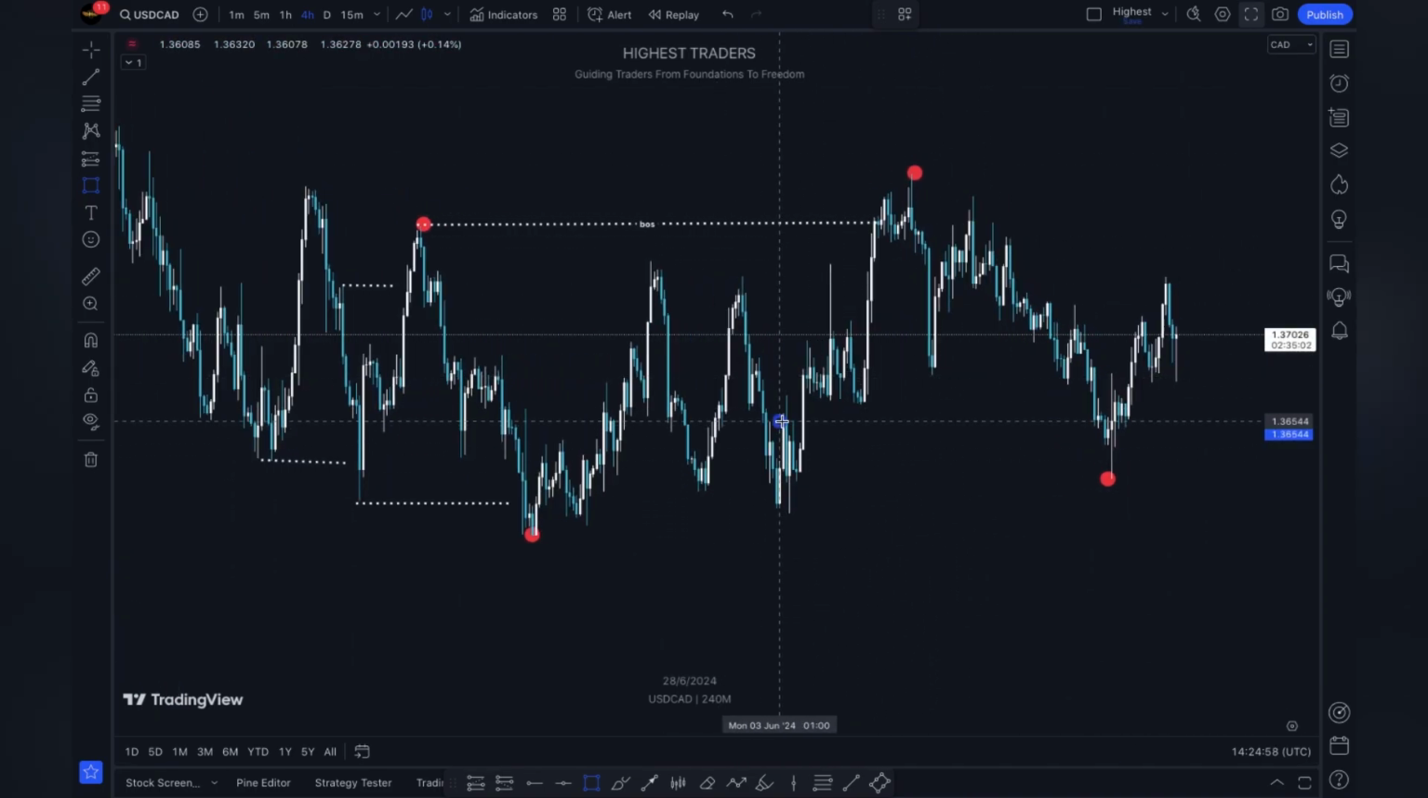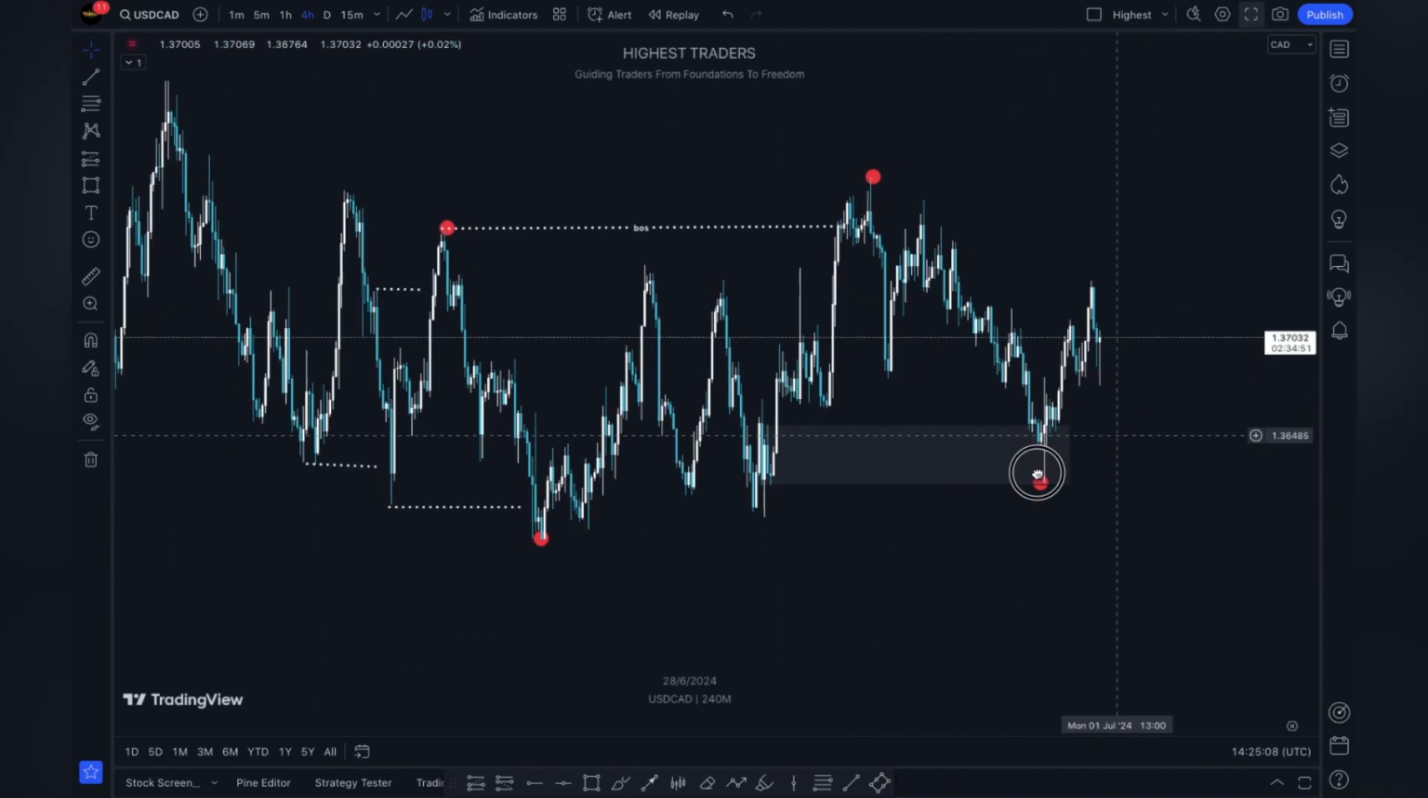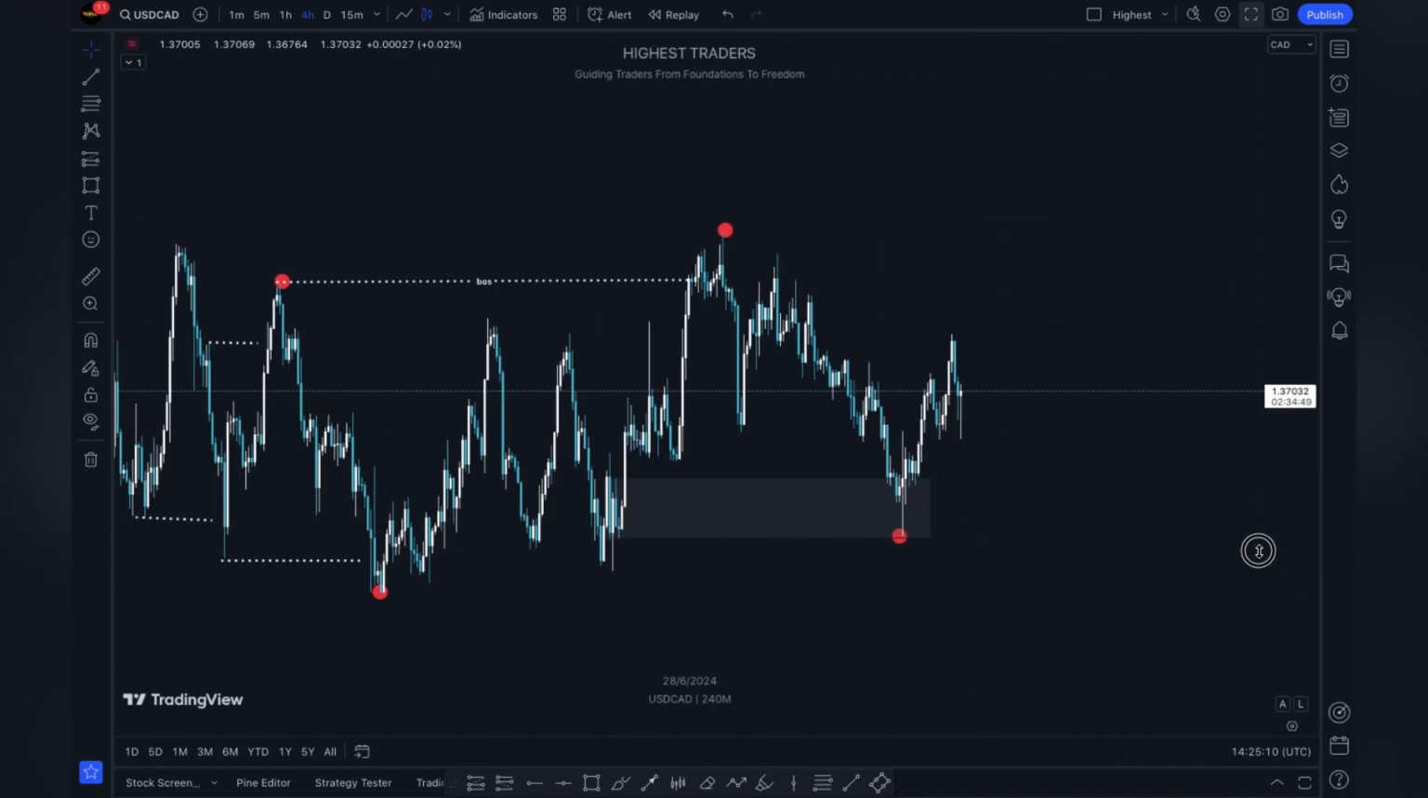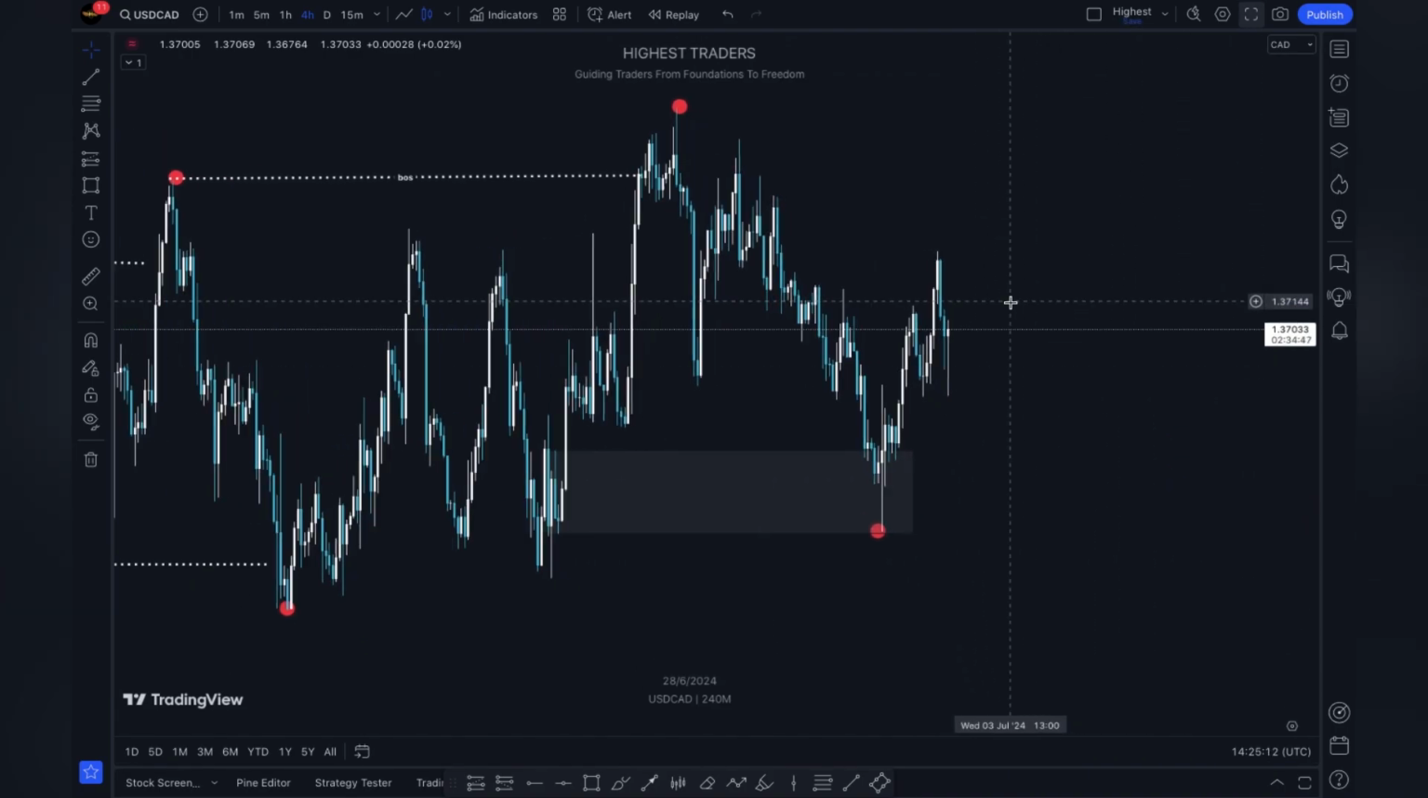So this is what price came to mitigate. This order flow here, the last bearish momentum before the break of structure. So price mitigated this order flow, and you can see that we are significantly pushing up again. So this is what we have from the 4 hour. I'm going to go now to the 1 hour